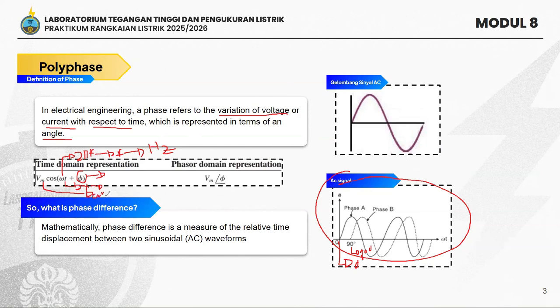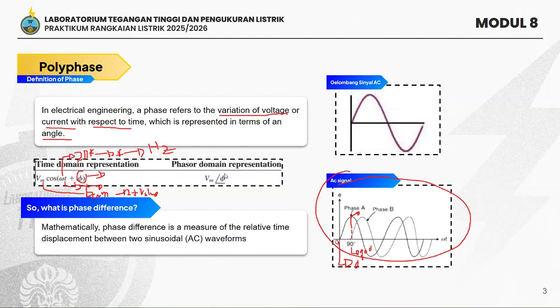The amplitude is the highest value from zero. You can see in this picture the highest value from zero is on this side, and this describes the amplitude value. In the phasor domain representation, there are just two variables: amplitude and angle. You can use this representation to simplify your calculations or anything else for your own work.